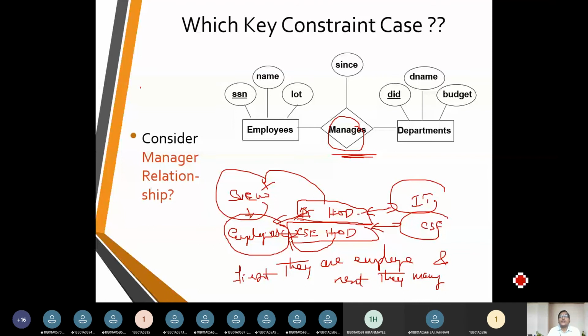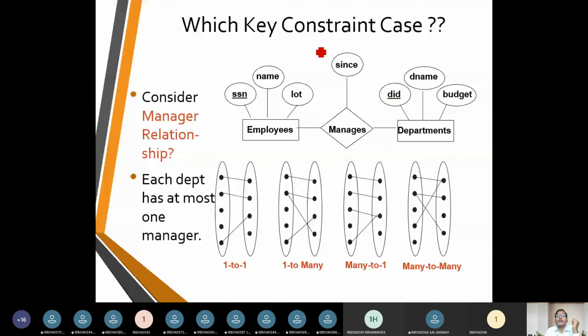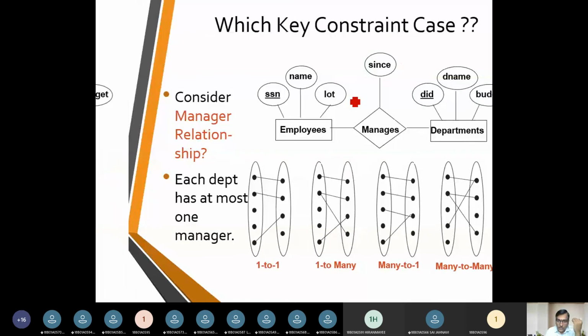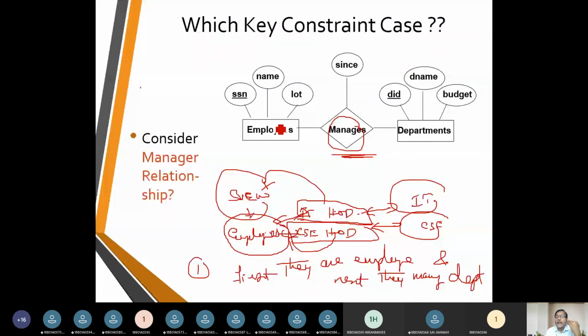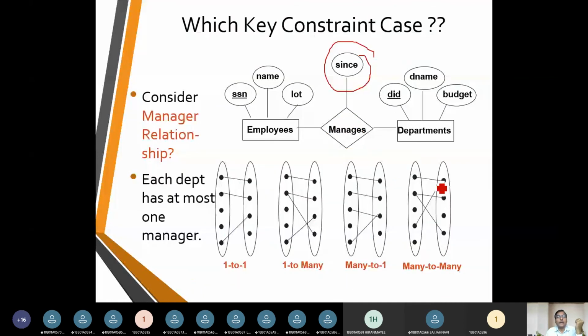So, key constraints. How long is this person going to manage the department? In the previous condition we were saying that two employees belong to the same college and they are heads of two different departments. Fine. Now it is going to mention how long they are going to work. Each department has at most one manager, so the head of the department is only one, and he is going to manage it. Here we have a one-to-one relationship.